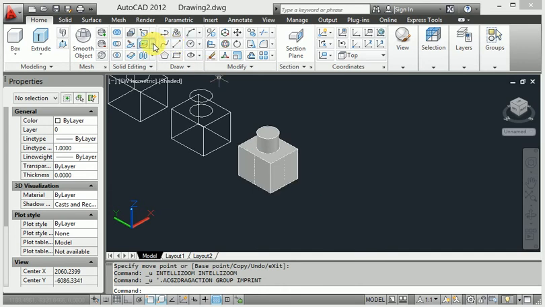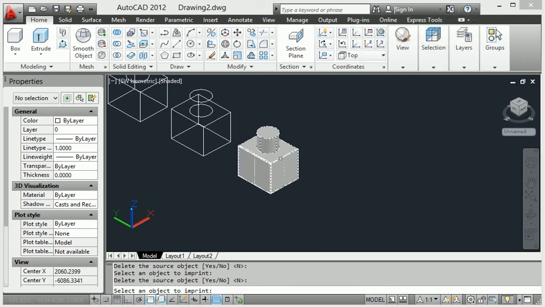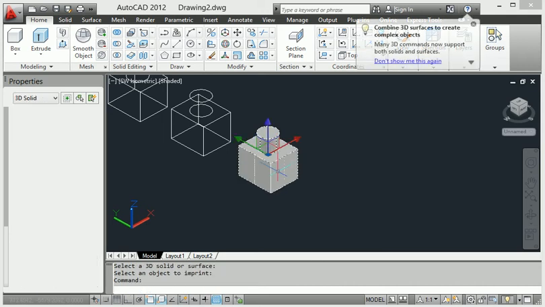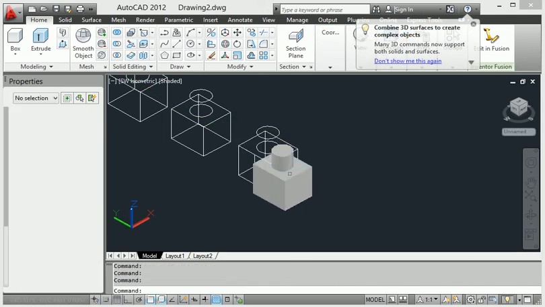When I select this imprint and enter, then click the line, it is imprinted right now. Then I go to the move command. Look at this.